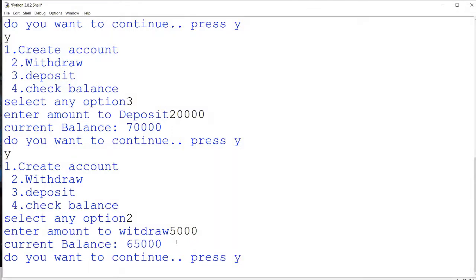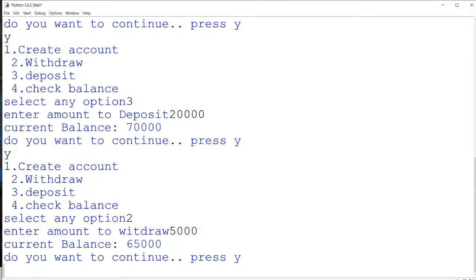If you want to extend more features or add extra features, you can do that because it is always scalable. And if you want to make this a real-time application, you need some backend support. Whatever we made is a front end, so backend support is needed. The backend can be done with the help of a database. If the database is there, you can create multiple customers and maintain the data permanently in the computer. Or else you can take the help of files. We have a chapter on file handling in Python. With the help of file handling, you can make this program with backend support also, so that the data you are entering here can be stored permanently in the computer, or used for later purposes.